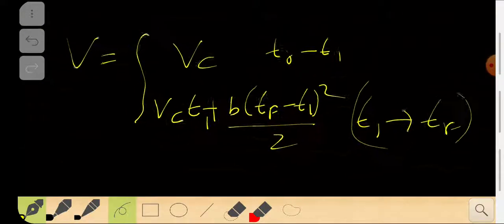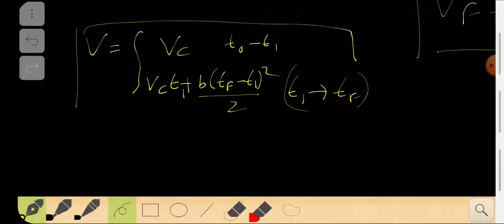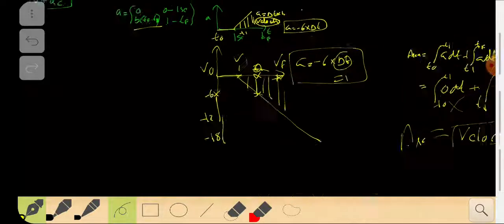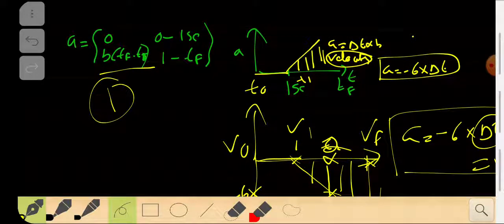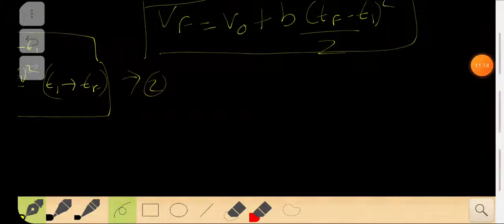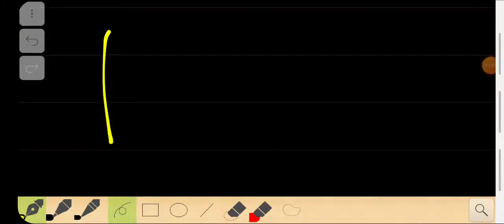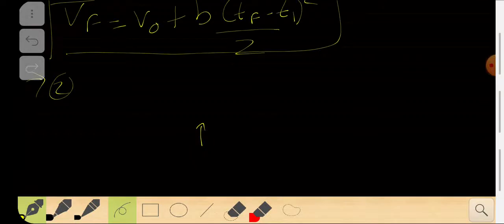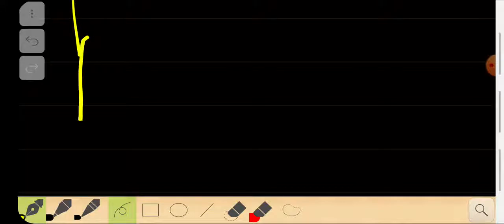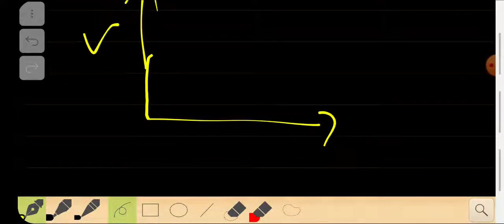Okay, let's call this equation 2. Our first equation was the acceleration equation, so this is equation 1, and now we have found the velocity equation, which is equation 2. Okay, now what we can do is plot the velocity versus time graph. So we can do that right now. We have already plotted that, I think. Okay, there is no. So the velocity versus time graph will look like this: velocity versus time graph.